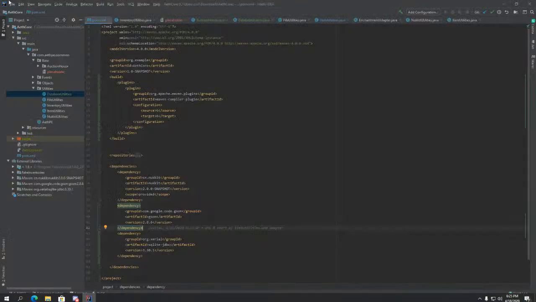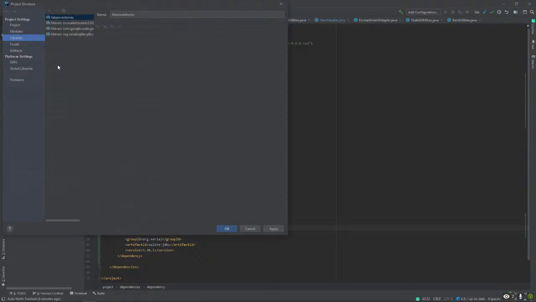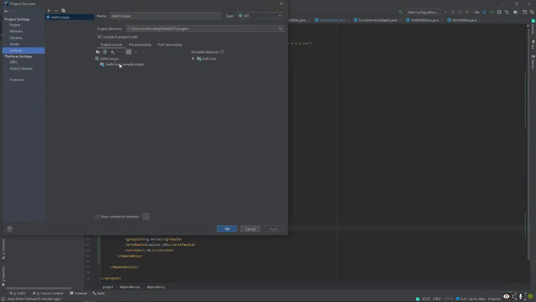All right, so that's what I'm gonna have to do. With fake inventories here, in artifacts, I need to add